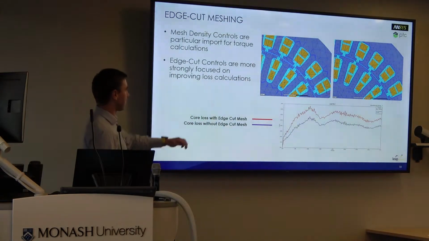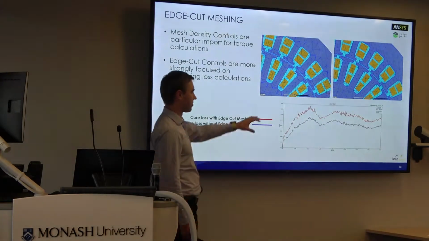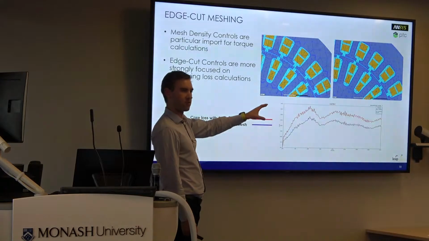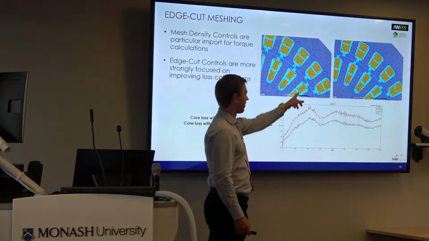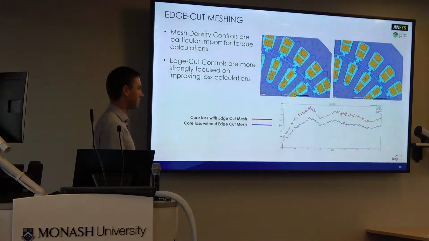So you can now apply a one-hit control called the edge cut, and so it will go and apply basically a single layer of inflation, if you're a CFD person, to every single edge, and it will recognize where the symmetry is and not apply it there. So that gives very good numbers for loss